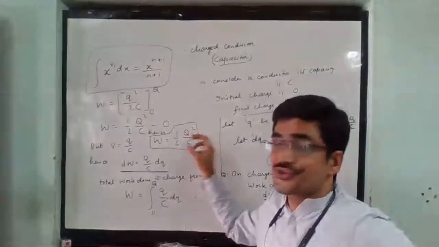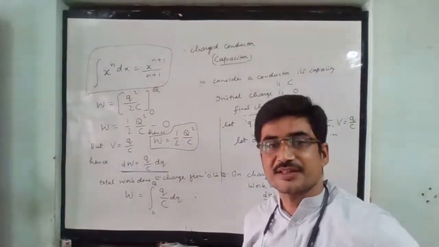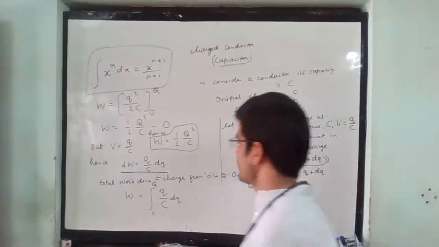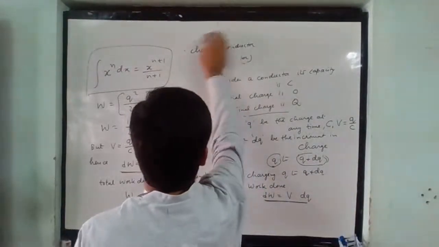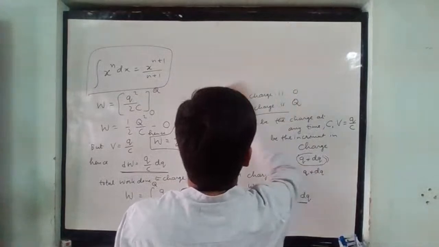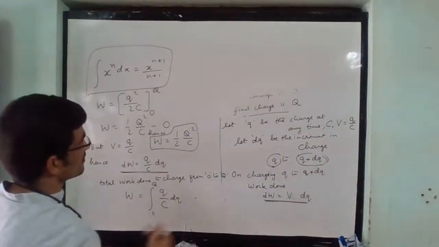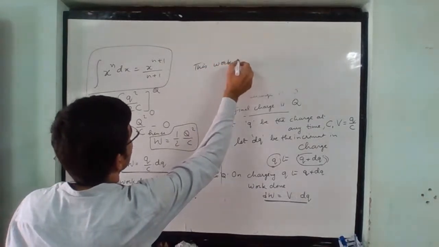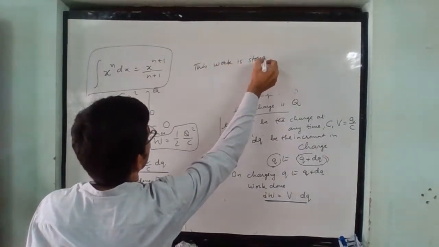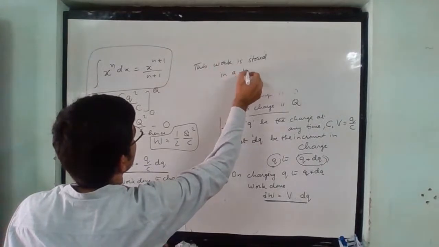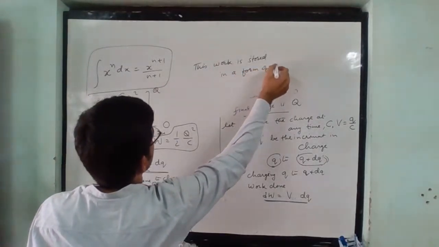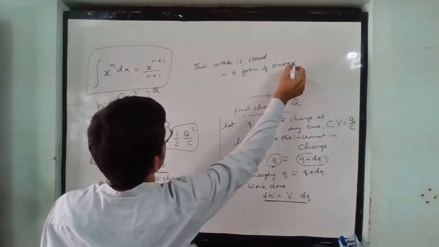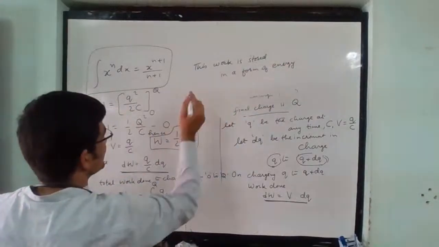Now this work is stored in the form of energy. This work is stored in the form of energy. So the energy we can write here. Hence, this work is stored in the form of energy. Correct? So the energy,